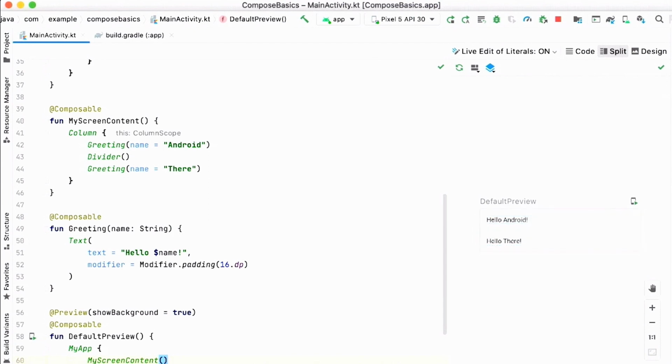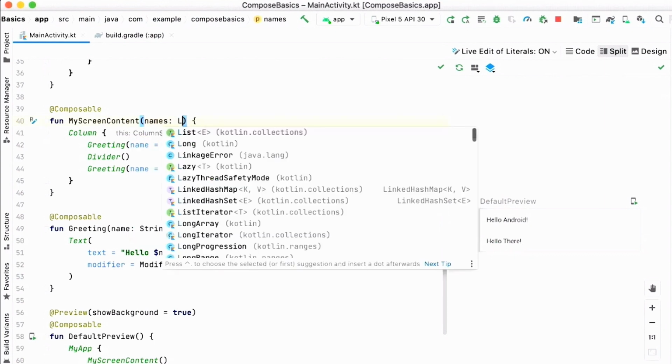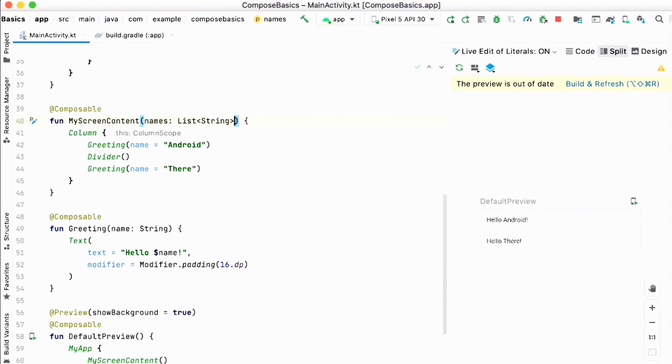So with composable functions, well, they can be called like any other functions in Kotlin. So we can use for loops, if statements, and more. So let's try this out. Right now we hard-coded these 2 greetings, but let's pass in a names parameter to the function. So this would be a list of string. Let's say this is a list of